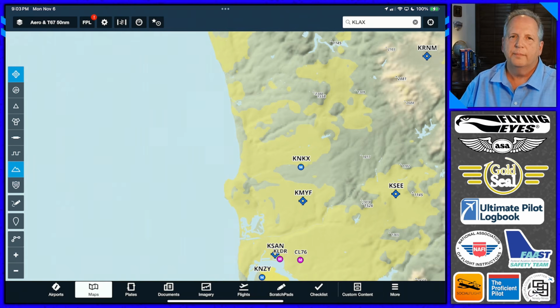Yeah, I know a couple of TRACONs that have gotten together with the local flight schools and said these are the practice areas that we recognize. Yeah, that they ship out, things like that. And if you go to flight schools like UND, for example, they provide ForeFlight. They provide these layers that you toggle on and off, and they'll have practice area A, B, and C, and they're lined out on the chart as a map layer, and they all know where that practice area is because they all have it as a map layer in ForeFlight. A lot of flight schools do that, and it's a great tool.